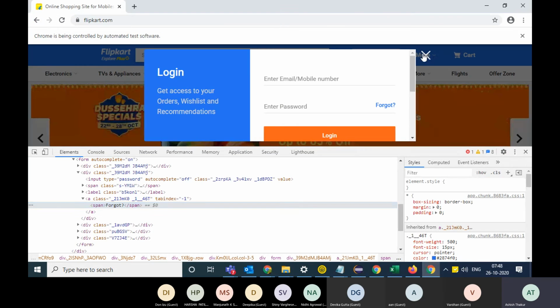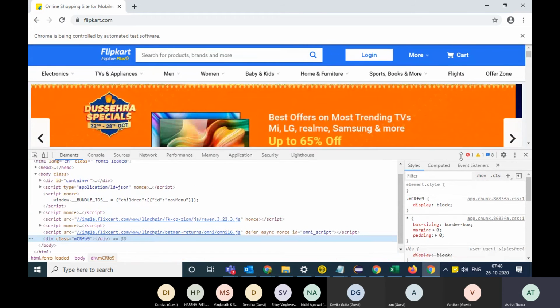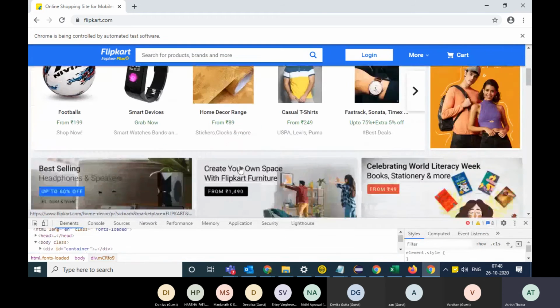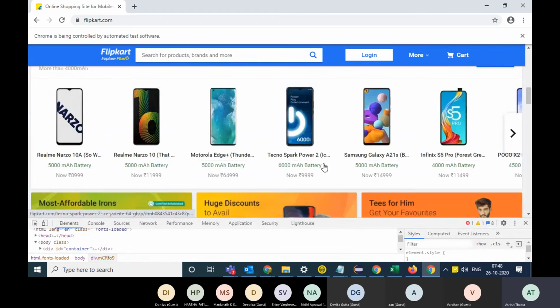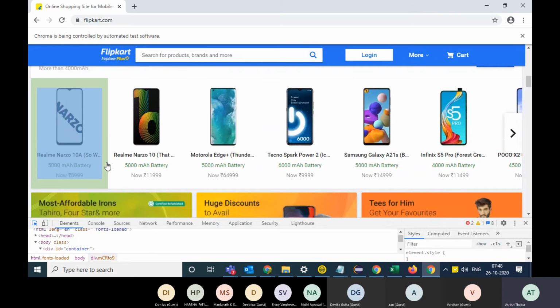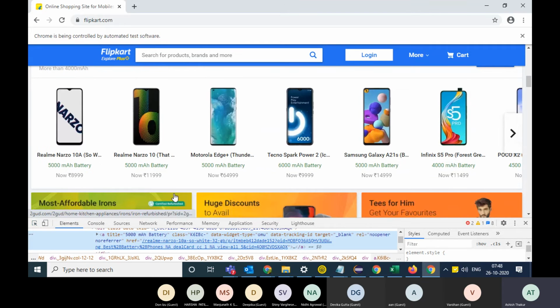On this Flipkart web page, you can't expect the developer to give an ID or a name to every element. For example, this element, I think a phone or something, right?